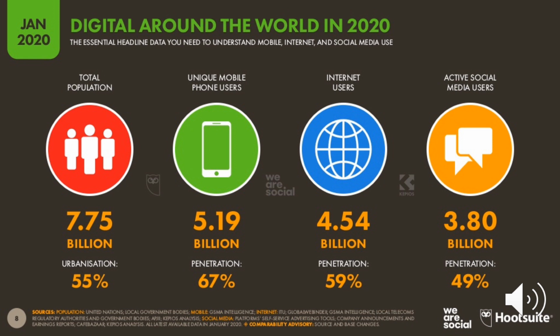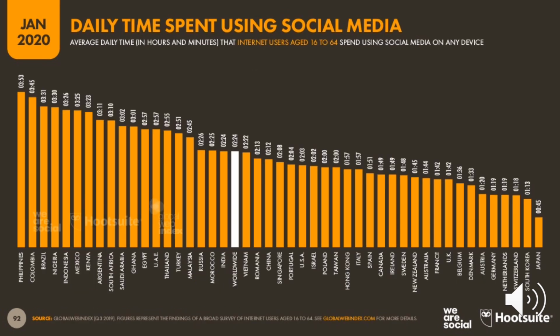So how much time do you think that folks in the United States spend on social media? Now remember, that's not Google or Amazon. That's just social media like Facebook or Instagram, Twitter. Do you think it's more or less than the world average? So you might be surprised. The US spends about 2 hours a day on social media, which is about 20 minutes less than the average of the rest of the world. Regardless, people are on there, so we have an audience that we can talk to about our science.